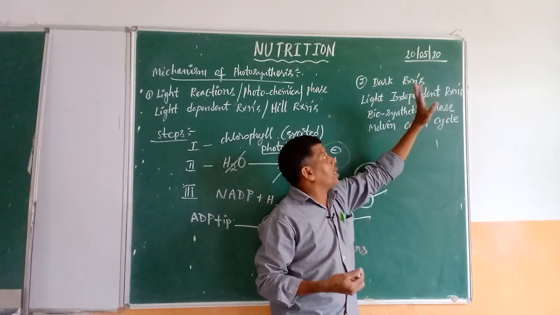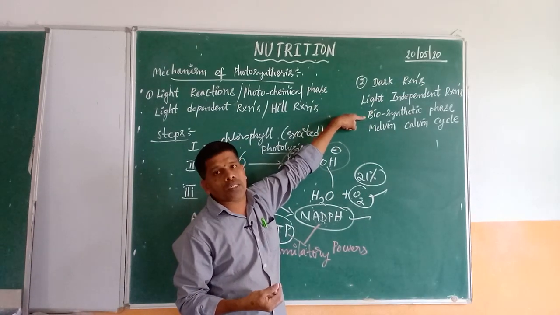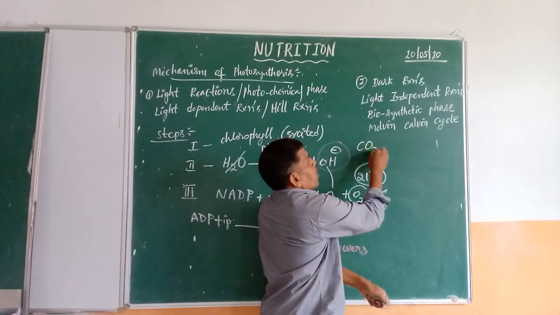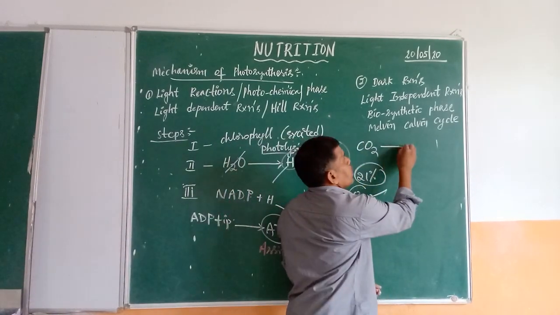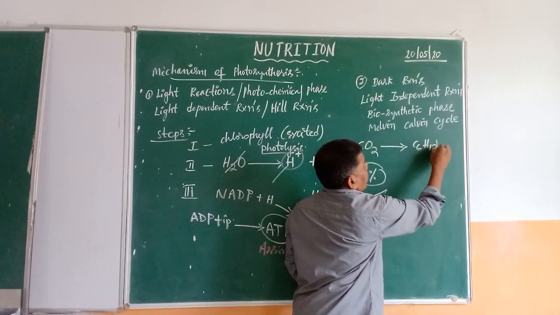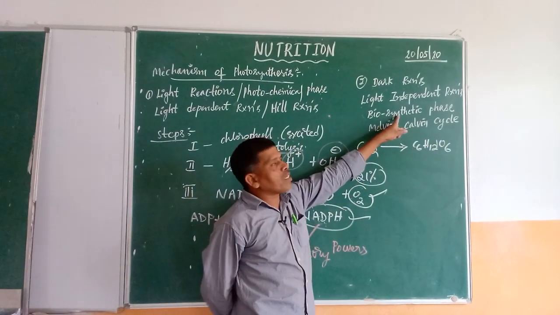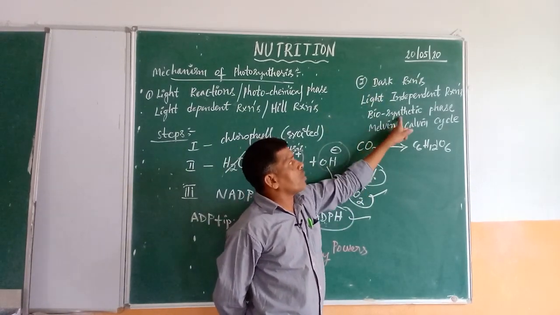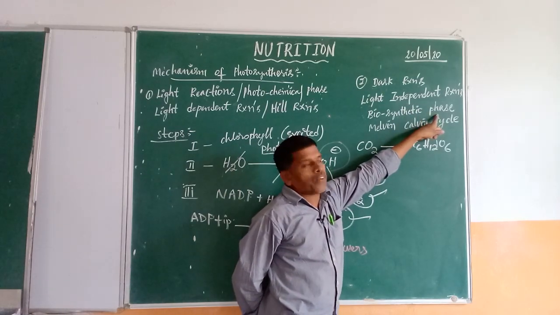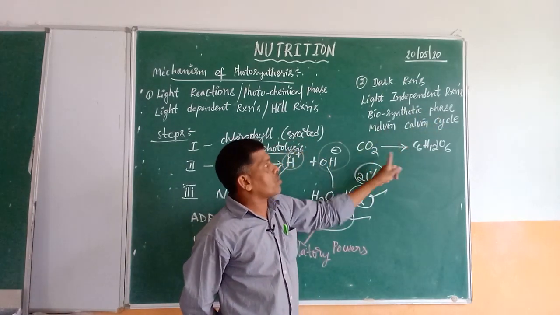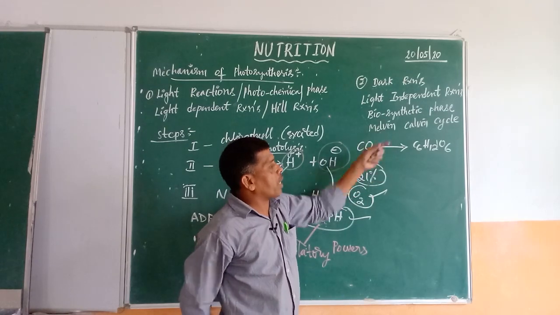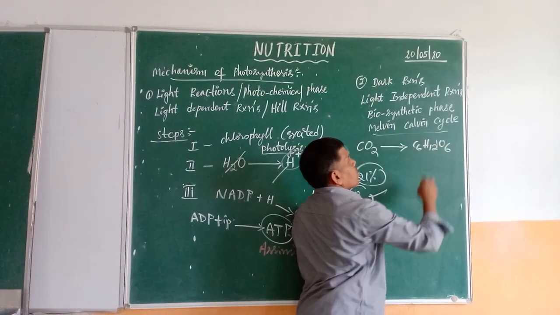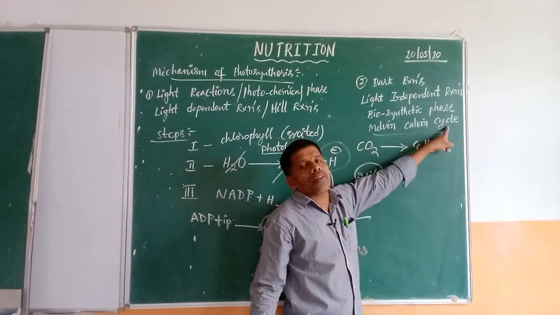During this process, the carbon dioxide which is taken from the atmosphere by the plants gets converted into glucose molecule, C6H12O6. So a new complex molecule is produced during this phase of the reactions. That is why it is called the biosynthetic phase. This total series of reactions was discovered by a great scientist named Melvin Calvin. So these reactions are also called the Melvin Calvin cycle reactions.